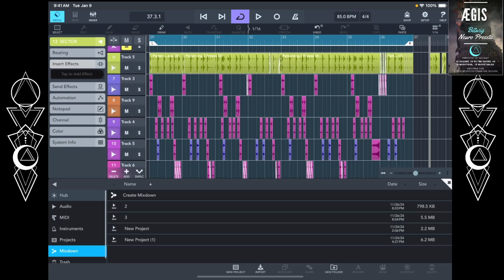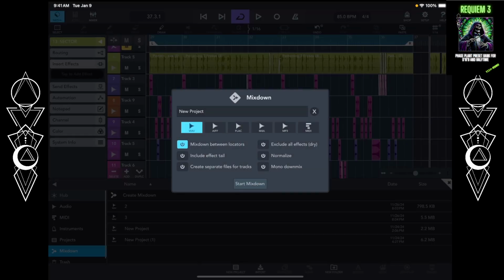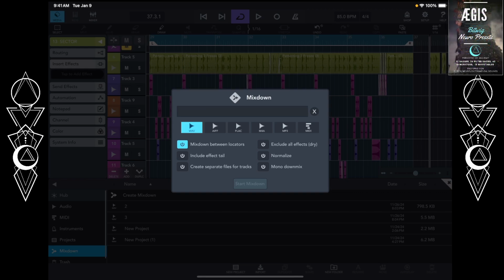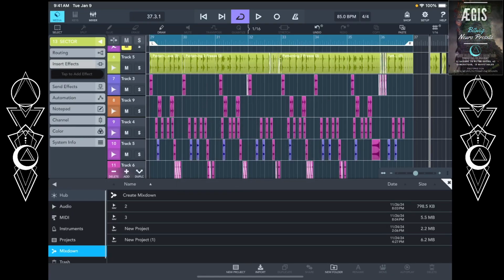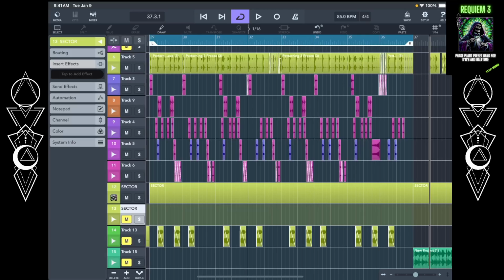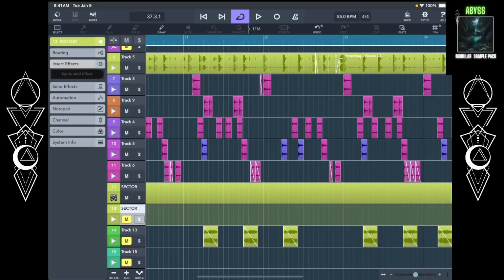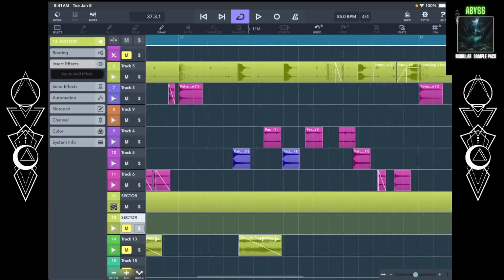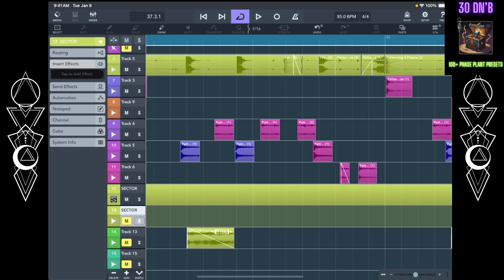Let me see. Create mixdown, tail effect, between locators, exclude all effects, create separate files for tracks. Yeah, so you can just do that and kind of get your groups and stuff going however you want to, but it's all here. This was the last thing. This is what I've been asking for, is some kind of audio arranger that has some kind of resampling / time stretching capabilities. It's unfortunate that Logic